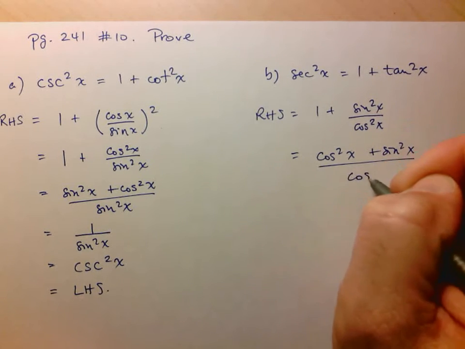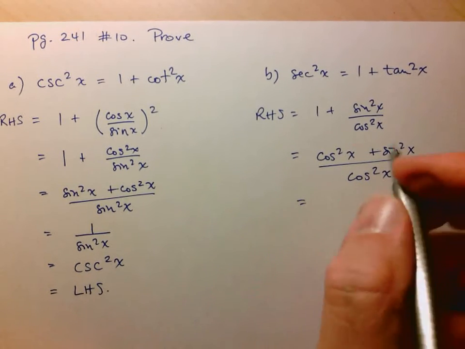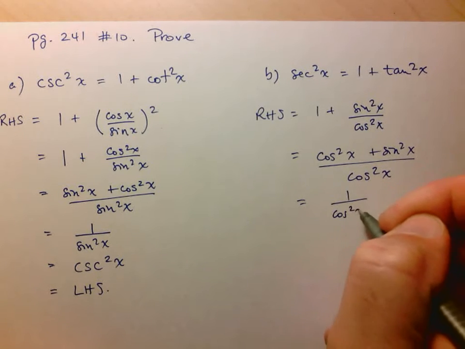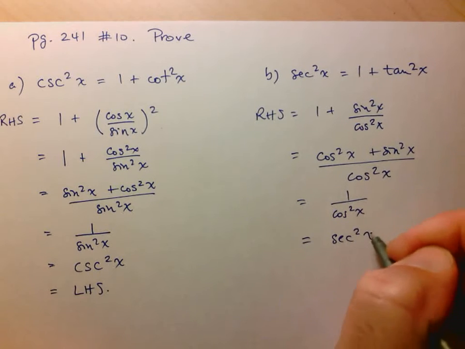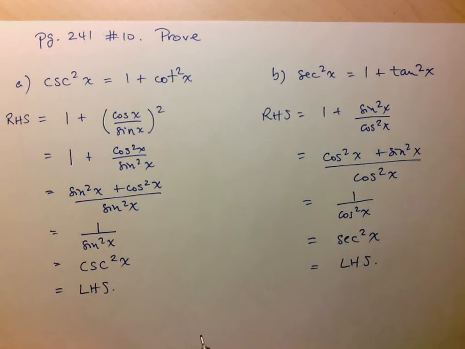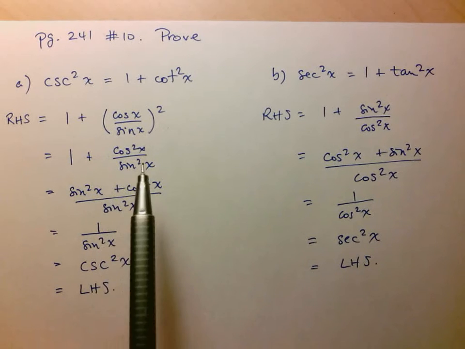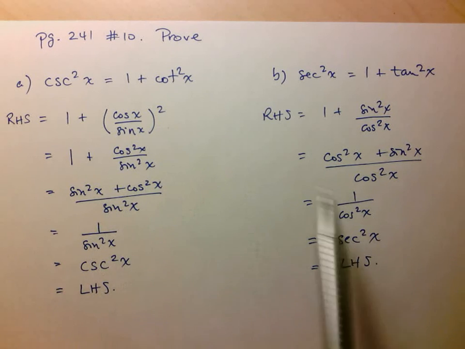And we see something very similar happening. So the numerator, cos squared plus sine squared, is just equal to 1. And 1 over cos x is equal to secant x, so this is just secant squared x, which is my left-hand side. So again, we're seeing this as being a very common trick that we can use: when we see tangents and cotangents, turn them into sine over cos or cos over sine, depending on which one, and that usually allows us to do